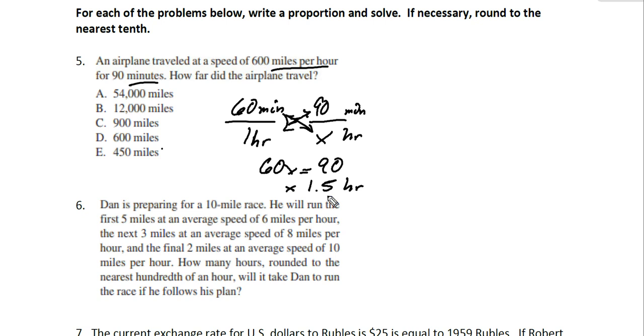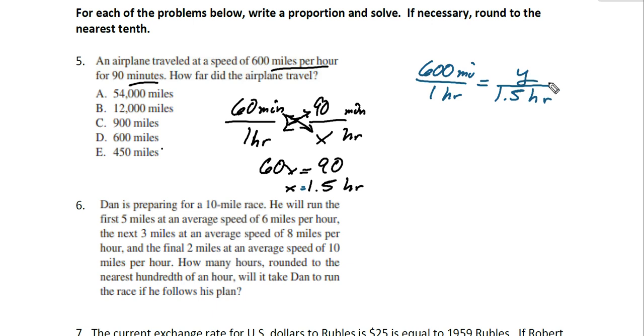Awesome. Now that we've got this in terms of hours, we can set up another proportion here. All right, so 600 miles per hour literally means 600 miles divided by 1 hour, or 600 miles in 1 hour. Okay, so now we've got our hours here. We've got to write in equals. So I'm going to put 1.5 right there on the same part of the fraction as hours are on the left side of the equation. So we got hours in the denominator here, hours in the denominator here. And there's our variable. Well, we already used x. Let's say